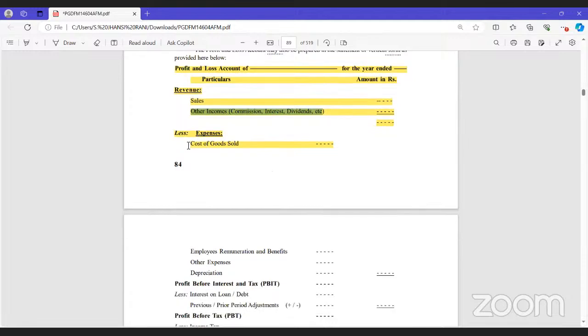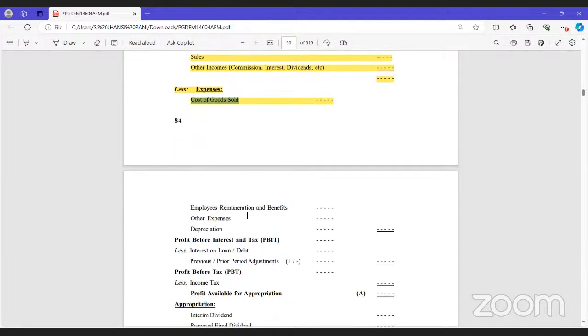Next we have expenses. In expenses, cost of goods sold. Cost of goods sold means opening stock plus purchases, less purchase returns, plus direct expenses minus closing stock. That all together we write here. And employee remuneration and benefits, these all are expenses that are related to the profit and loss account. And other expenses, we add all this, deduct it from whatever balance we get, we call it profit